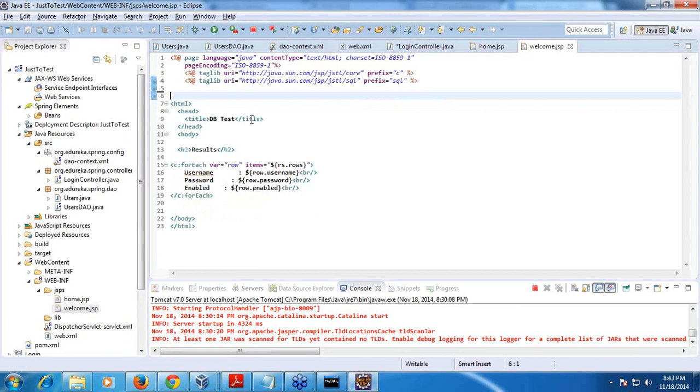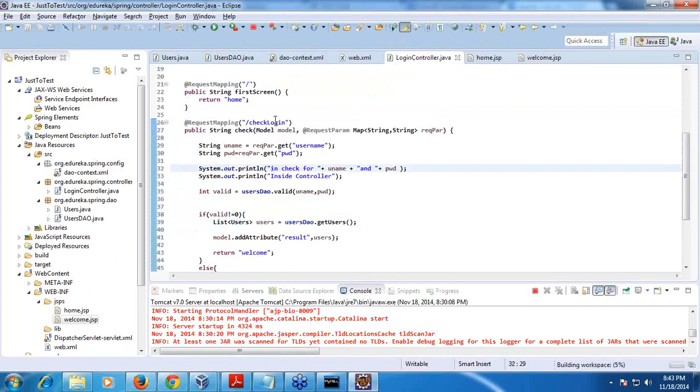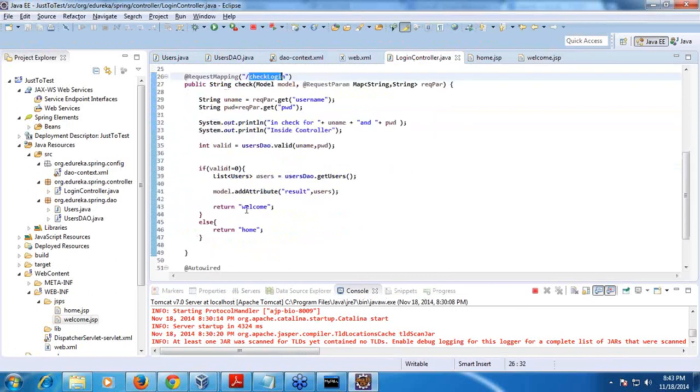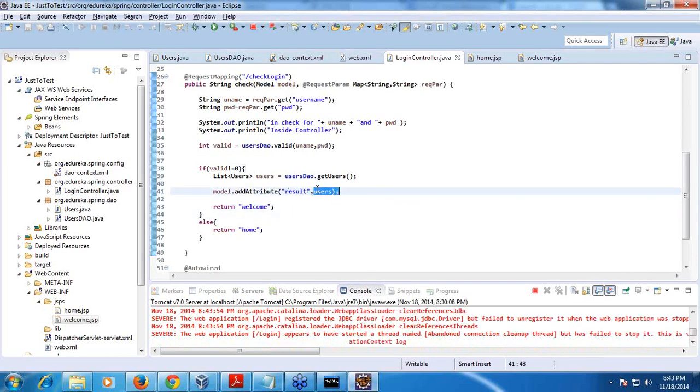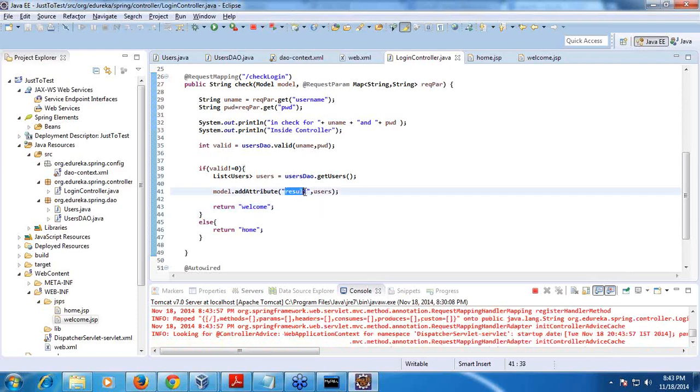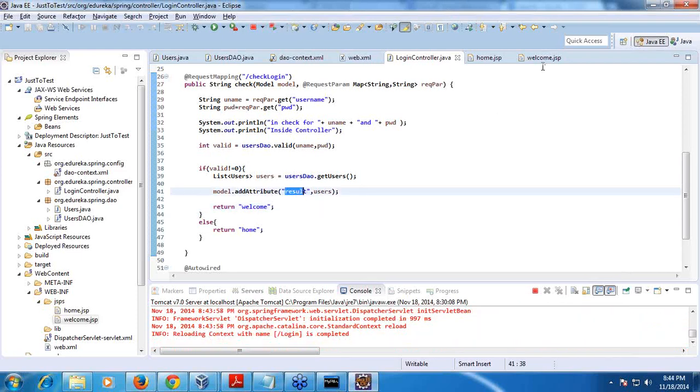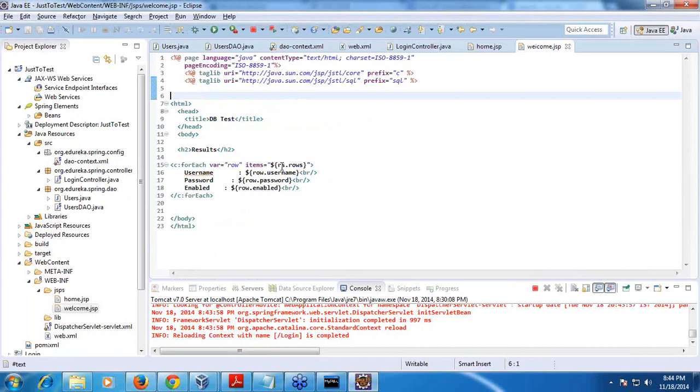Now, important point, all of you observe here. In the login controller, after I do the checking, I am going to return. If it is successful, I am adding this model to the result, all the users. It is a key value pair. So result is the object name, I am sending it here. Now in my welcome page, I can use this result itself to read the data.